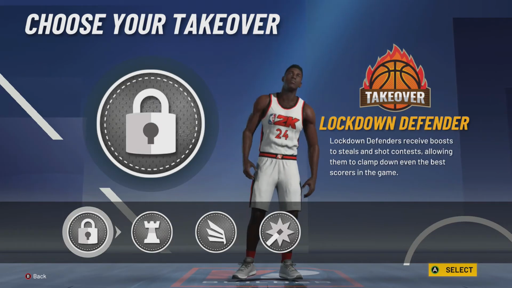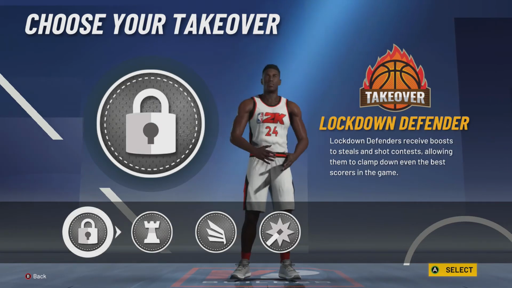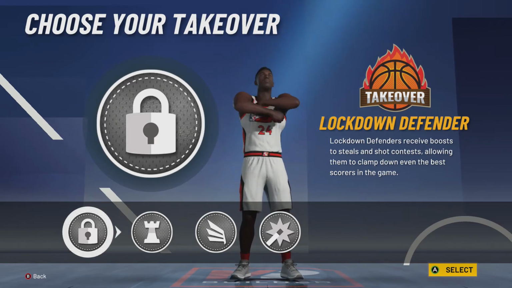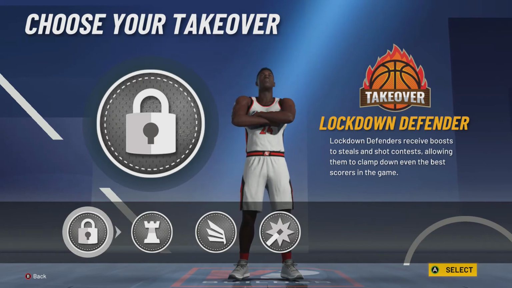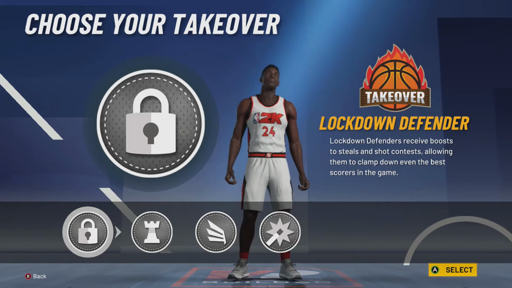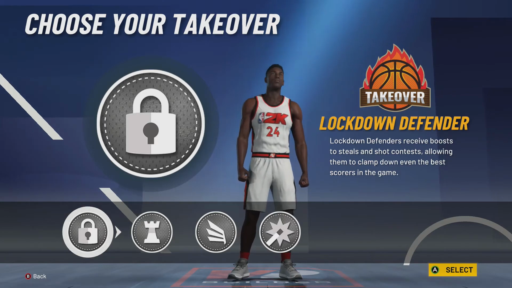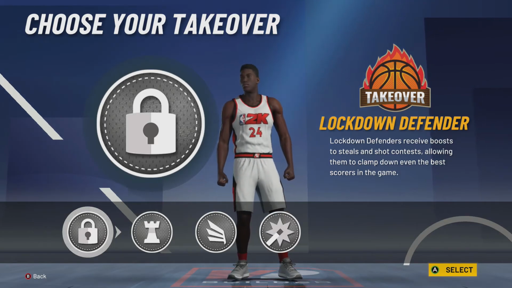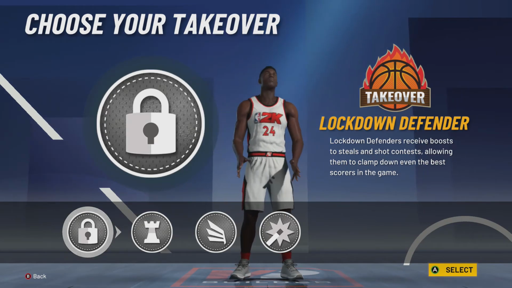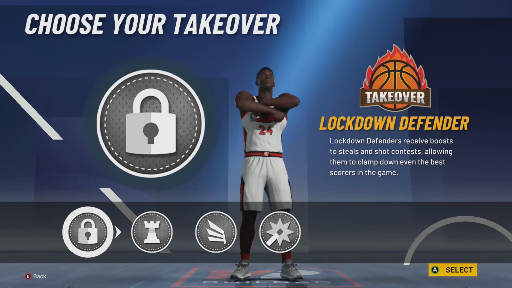Like I say, this build is to have good D. I need to stop pausing. I'm just going to continue. There's enough pauses this video. The lockdown defender takeover obviously increases the steals and shot contests, and allows you to clamp down even the best scorers in the game, as it says. So once we get that gold or Hall of Fame badge on clamps as well, and this defensive takeover, no one's going to score on us, so we are going to go with that and complete the